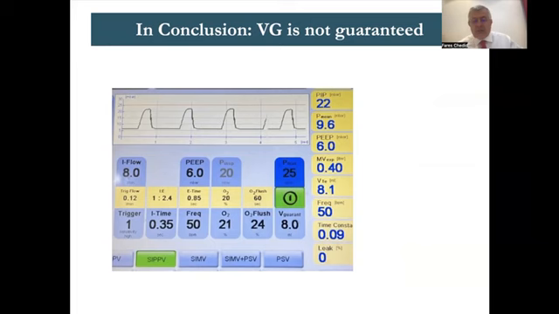Let me show you what are the things that could affect the volume guarantee. One of them is a leak. If you have a leak of more than 50%, the PIP will shoot up. Second is when the volume guarantee is too low. If it's too low, the baby will take much more volume and either the pressure will go down to PEEP, or you will find yourself with interrupted breaths and the baby will get excited and breathe fast. So the volume guarantee is not always 4 ml/kg or 5 ml/kg. It might be increased when the baby gets a healthier lung.